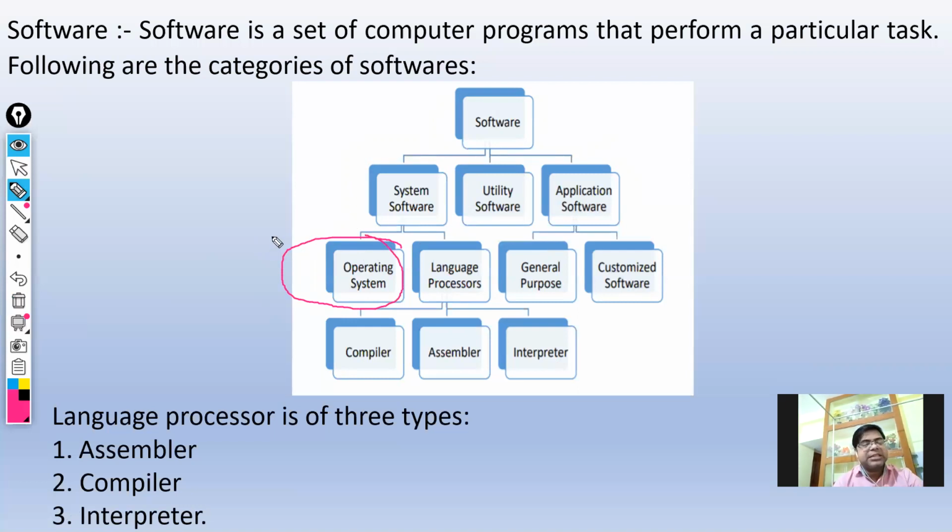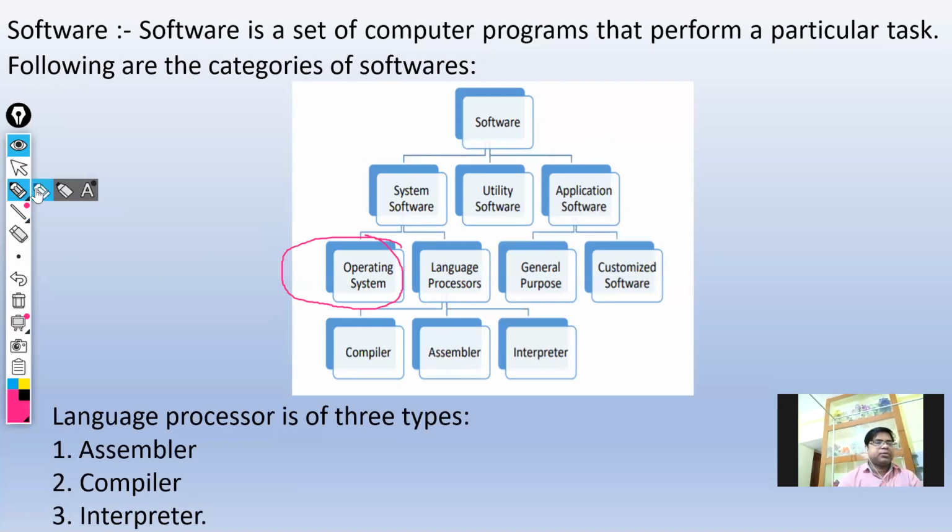An operating system is a master control program that runs the computer. When the computer is switched on, the operating system is the first program that gets loaded into the computer's memory. You know, you have different operating systems. Like in a smartphone, we have Android, Windows. Even you have some other operating systems like Unix, Linux, Solaris, Mac, DOS. These all are operating systems.